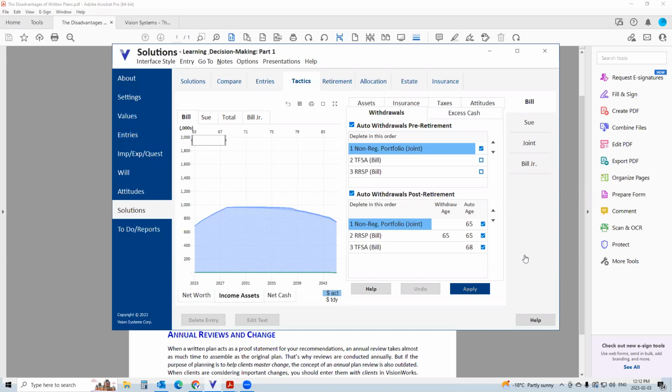And then what we realized was, of course, that even though they might be saving tax by taking money out early, what they were doing was foregoing the whole impact of the compounding of the returns within the RIF. Now, I can show this. It's not going to show much because Bill is 63 already. But if I make a change and say, let's start taking this out at 63, then what's going to happen is that we're going to get a difference out in time, not much,